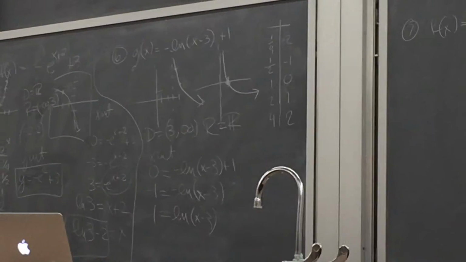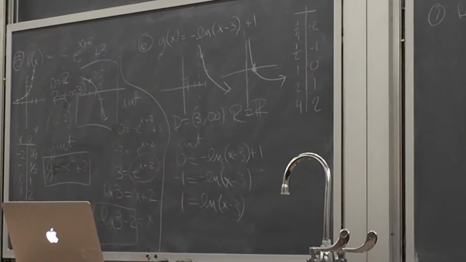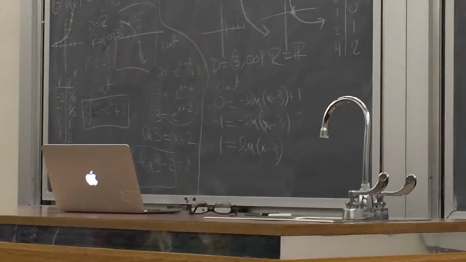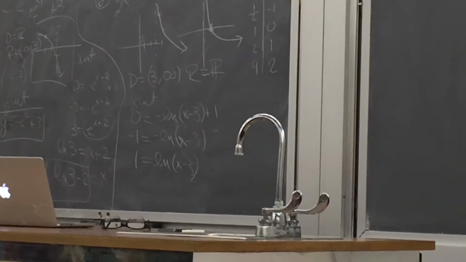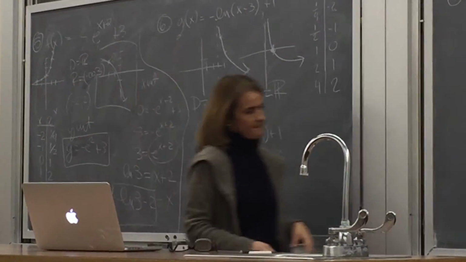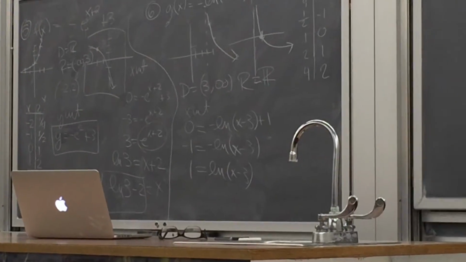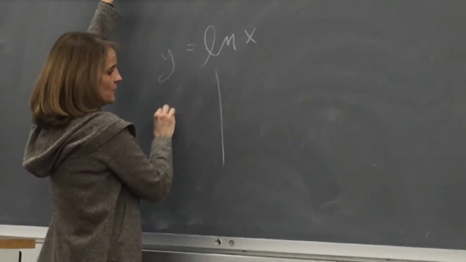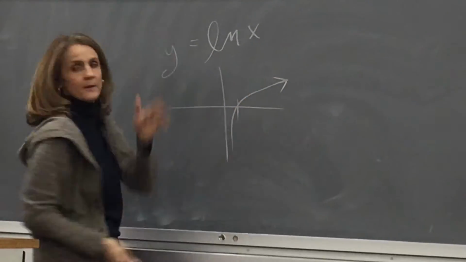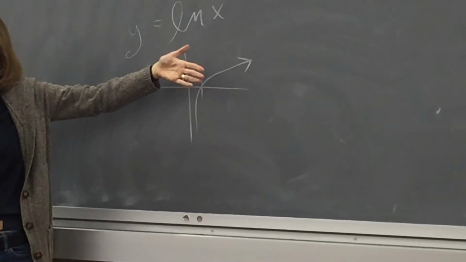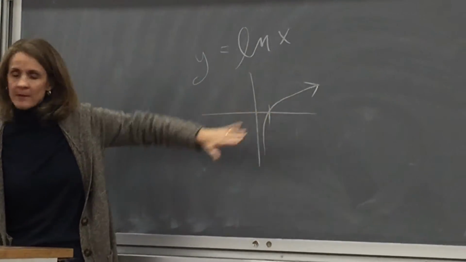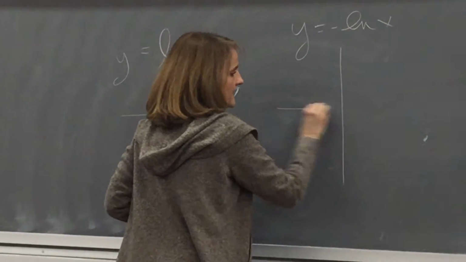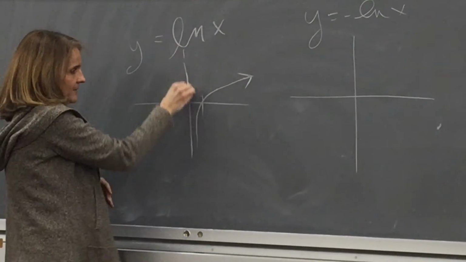Since it's negative, like the whole thing is negative, what does that change? I erased the picture. It made it go upside down. So normally the natural log of x looks like this. Okay? So I took that picture and I reflected it upside down. So y equals negative natural log of x. If I flip this picture upside down,